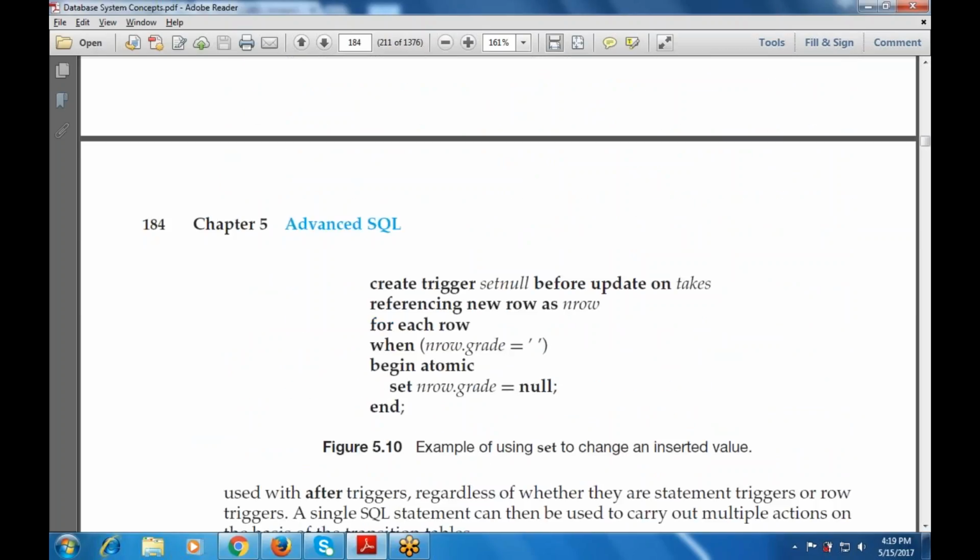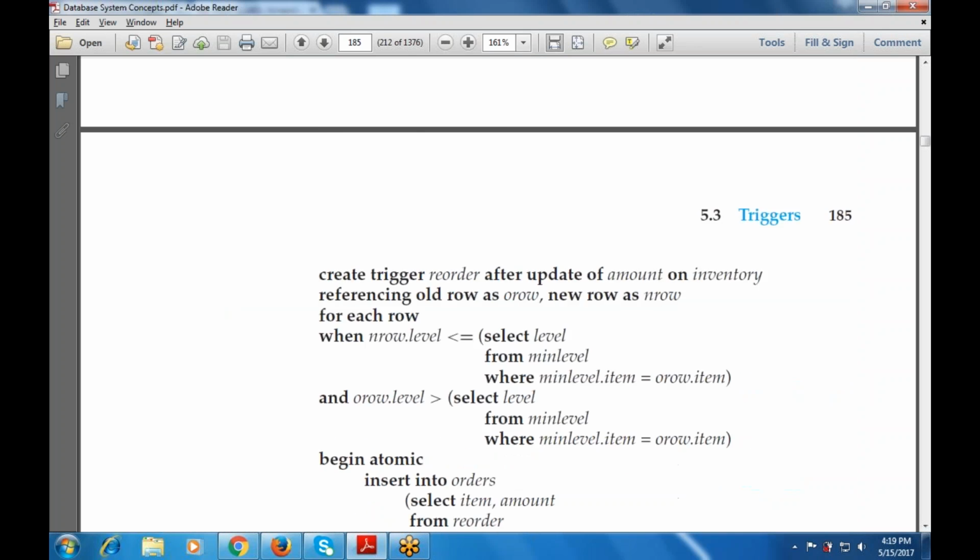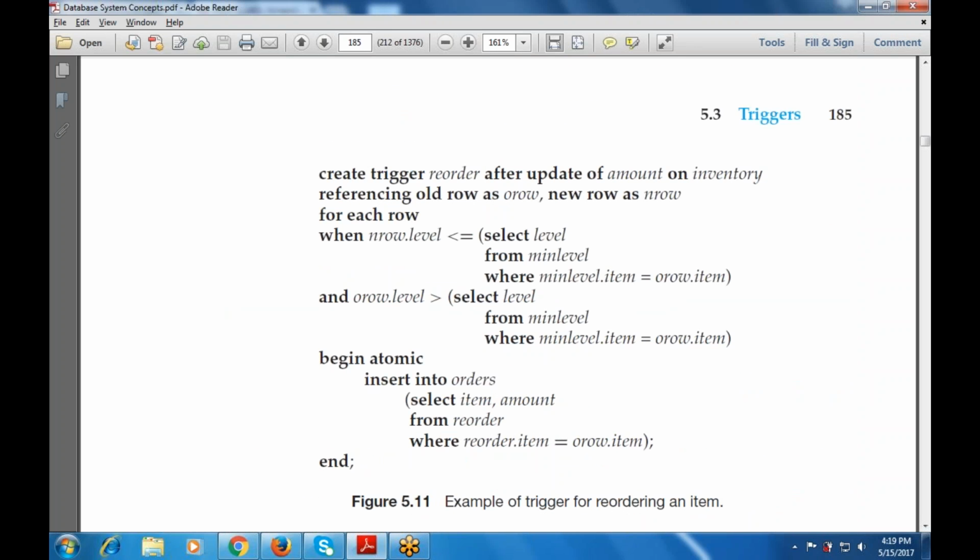This is the next example. Create trigger setnull_trigger before update on takes, referencing new row as nrow. For each row, when nrow.grade equals blank, begin atomic, set nrow.grade to null, end. This is the next example for the update of amount: create trigger reorder after update of amount on inventory, referencing old row as orow, new row as nrow. For each row, when nrow.level is less than or equal to (select level from minlevel where minlevel.item equals orow.item)